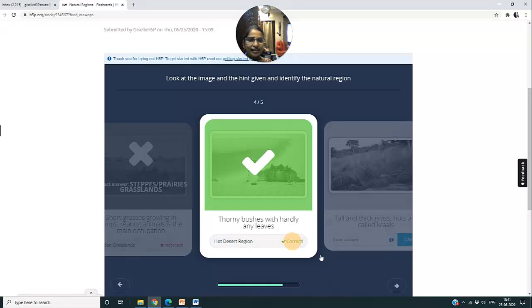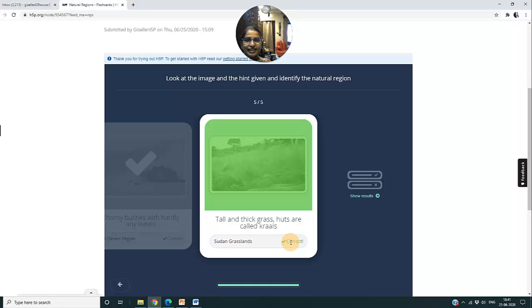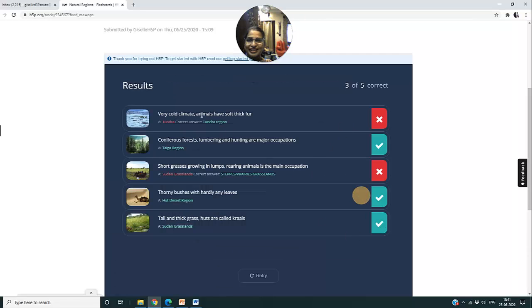And the last one, it says tall and thick grass. Huts are called kraals. And again, he sees main tribes are Zulu and Maasai, and he says Sudan grassland. And we check and it is correct. And then you say show results. And now the child realizes that he had 2 incorrect and he knows what is the right answer also written